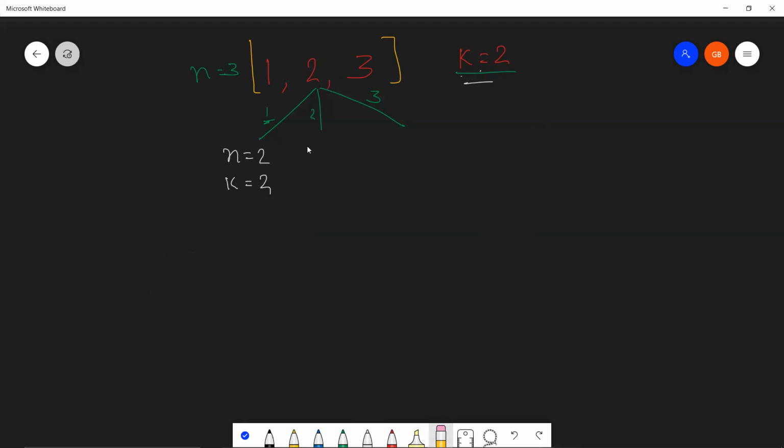Let's discuss when we are fixing 2 at the end. So 1, 3, and 2 is fixed. Again, this won't be visible. 3 will overshadow it, right? Again, n will be 2, and k will also remain 2 because even though we fixed a stick, it will never be visible.